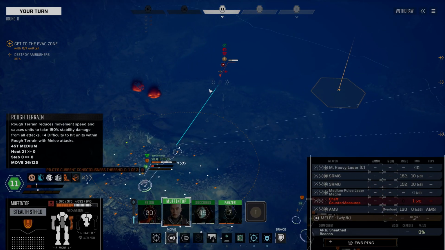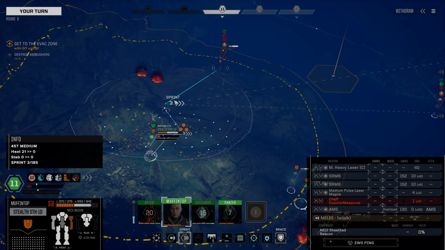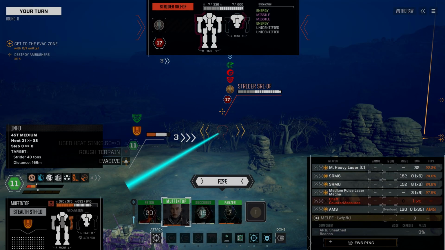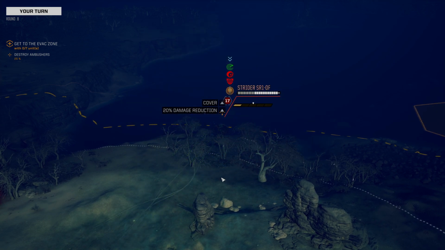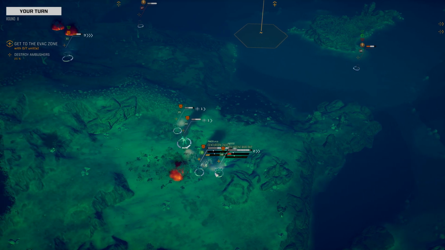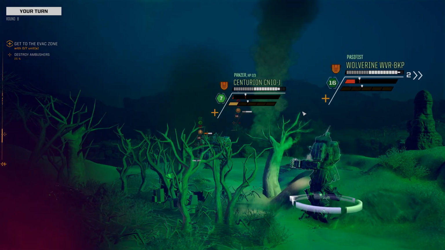Yes, Commander. Our stealth is going to continue to chase down their Strider. This is protecting the left side. Go ahead and fire on him. A little bit of side arc damage there, not a ton. Aye, aye. Our Centurion stands up. It's still doing okay in the armor department. I'm up. So let's go. We're going to position here,